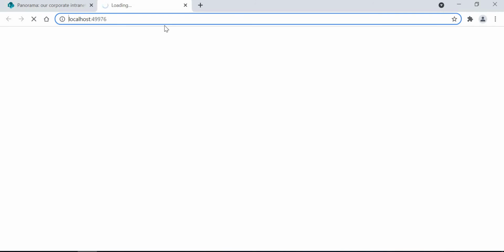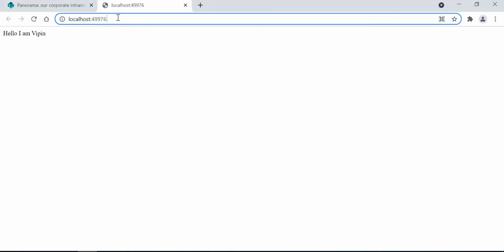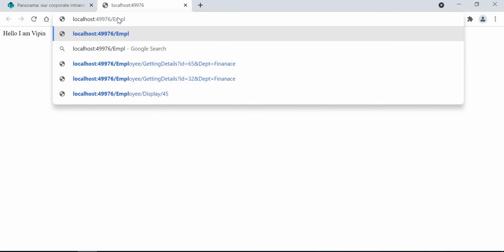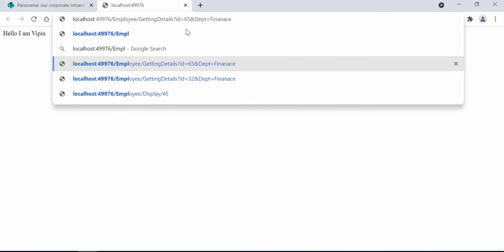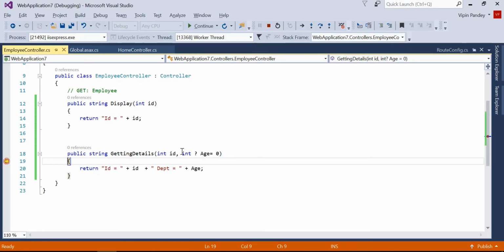So by default it will load the home controller and the index action method, but we need to call the employee controller and this action method, right? So we need this domain name, we need to define the employee controller and then GetDetails, right? And now let's suppose we are passing ID 89, and for the department we are passing data, right? Press enter. You can see in the ID we are getting 89, whatever we passed, and in the age, okay,